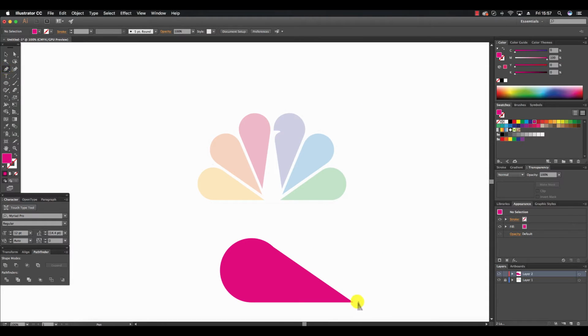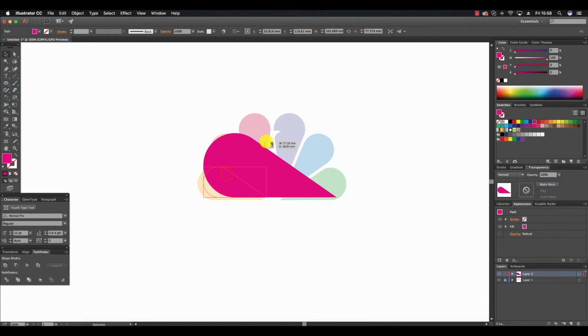So I'm going to take the pen tool again, click the point of the feather, I'm going to click further up on the circle, like so, and I've fixed it. So highlighting everything, I'm going to go to Pathfinder again, Make Compound Shape, and Expand. Now I'm going to bring this up to here, resize it, and place it back over where it was originally. And resizing it just slightly,